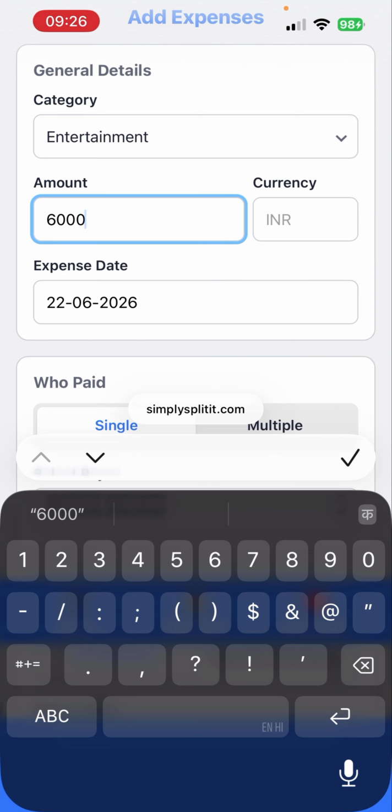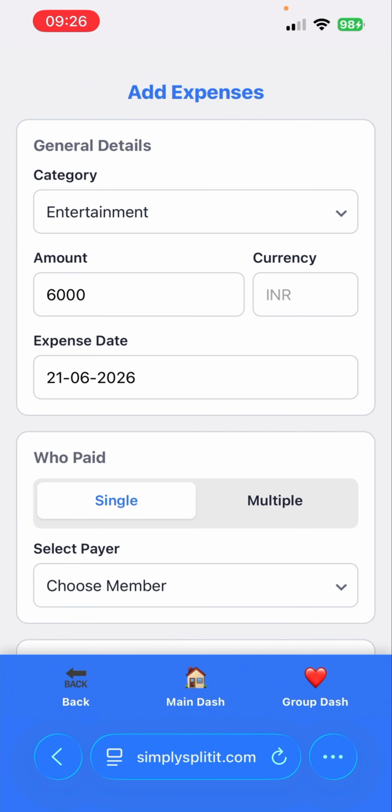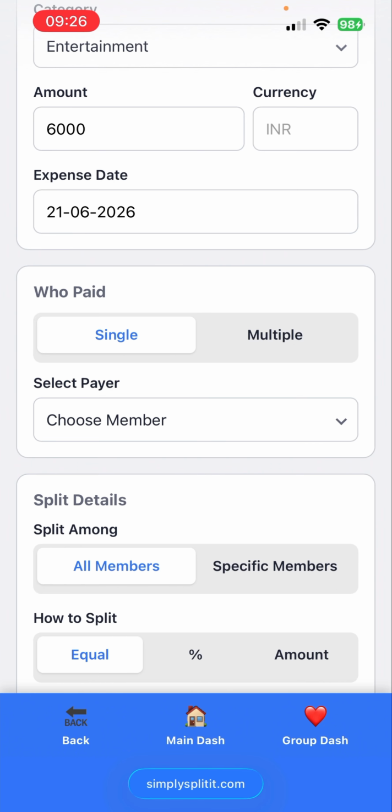Note that it is not the date on which you are making the entry in the app, but it is the date on which the expense was incurred. So when you click on it, you can select any date before today and include today also. So let's say we select 21st of June, and next we come to the place where we entered who paid